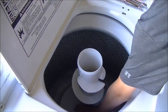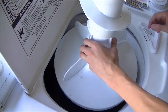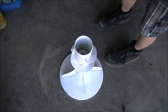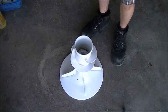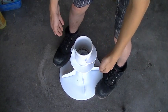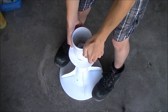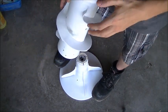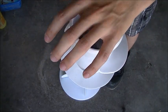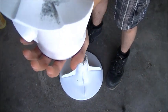Now you can go ahead and pull the entire agitator out of the machine and replace the dogs. Okay, now that I have the agitator out here on the floor, what you're going to do is stand on the base and pull up on the top piece of the agitator, separating it from the bottom. Now put your hand right over the top opening of the top agitator and turn it upside down,